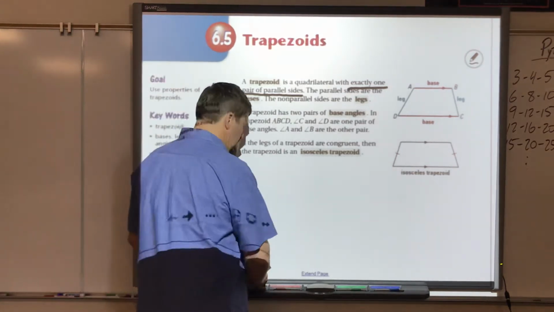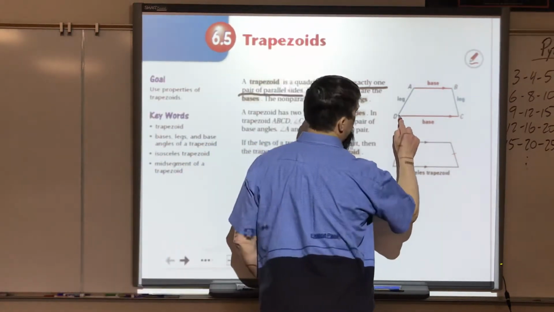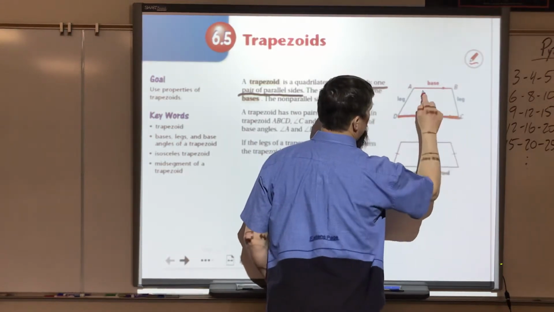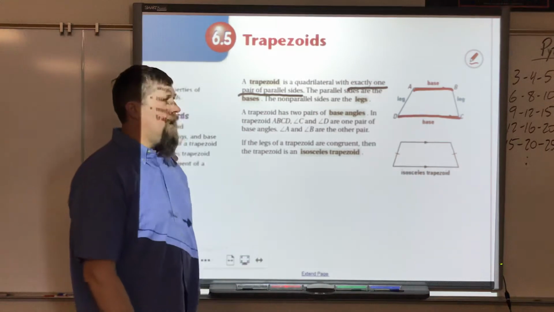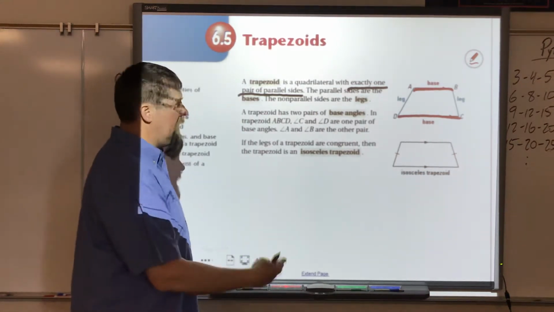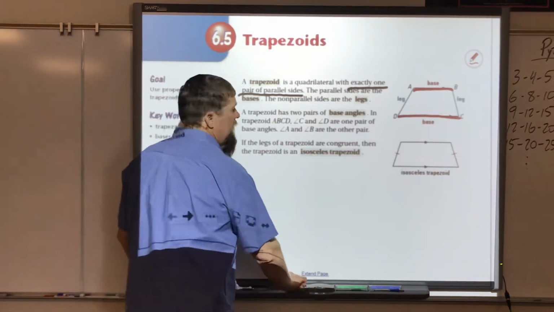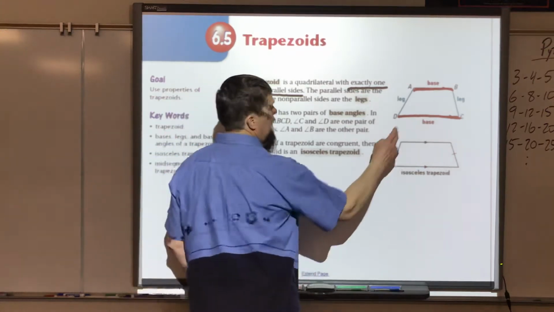Here, the red sides are called bases, and they are the sides that are parallel. The other two sides are called legs, and those are the two sides that connect